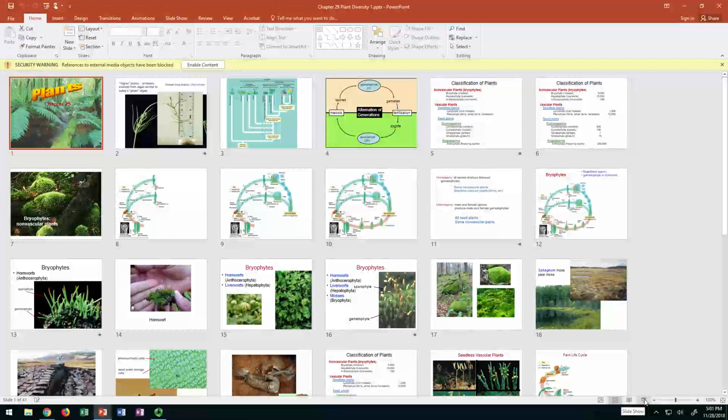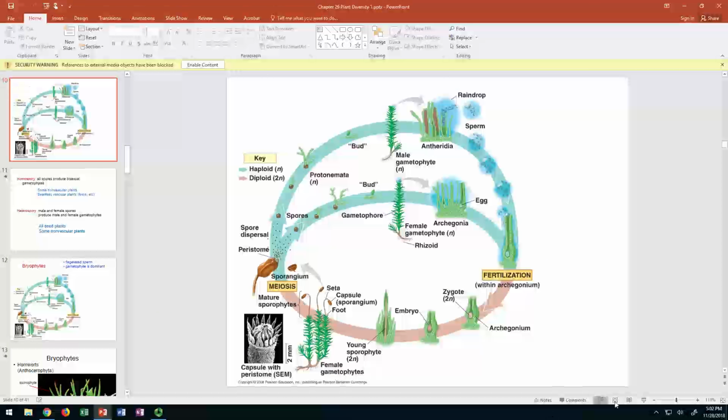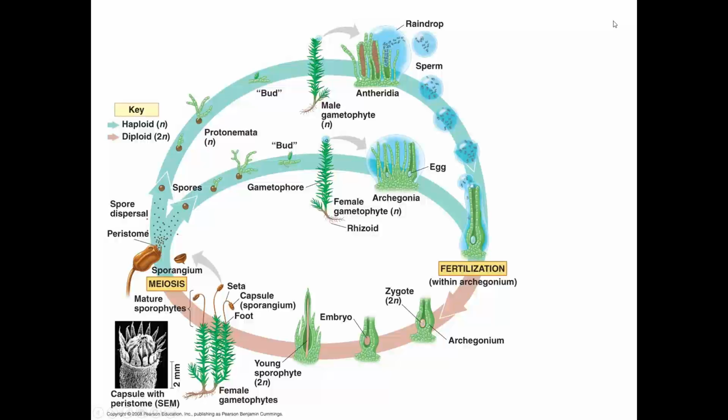Which parts? Well, what's it called when the sporangium makes the female and male gamete? What are you looking at here? What's that called, this life cycle? Yeah. Oh, I don't know what that is. So,